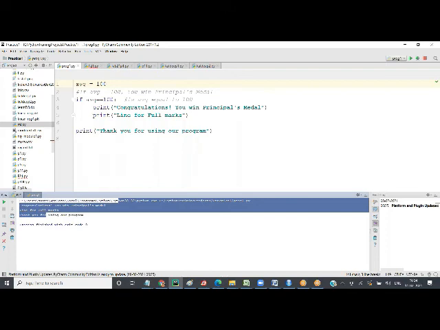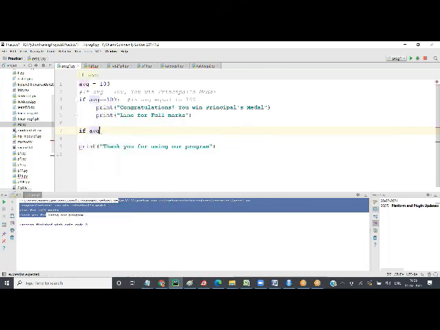Now, what if we have more than 2 conditions? So let's say the passing mark is 40%. Less than 40 we say fail, more than 40 we say pass. So one condition means if. So I say if AVG greater than equal to 40, greater than equals, less than I will put, right? It should be greater than equal to 40. It's coming less than. So let's do less than only. If average is less than 40, then what should we print? Sorry, you have failed.